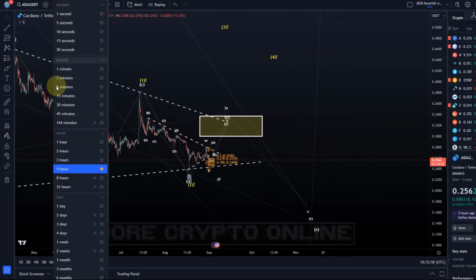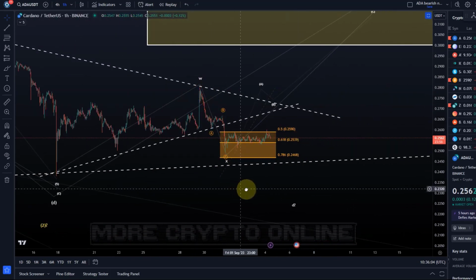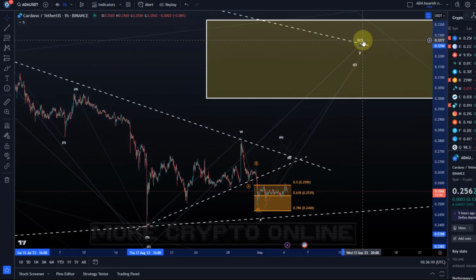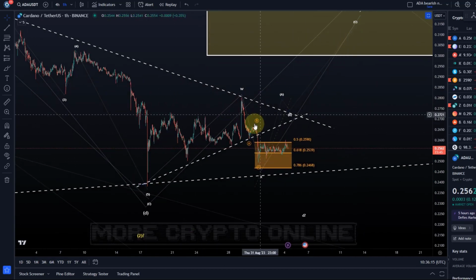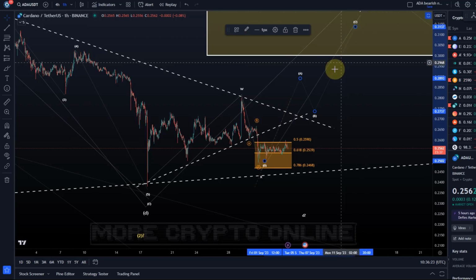Now looking at the microstructure, this hasn't changed from previous videos. So the idea is that we came down into this support area for an X wave. If this is supposed to work out as an E wave, then the subwave structure would be a WXY, a structure in which each of the subwaves is a 3-wave move. Then we would now be in the Y wave, ideally, or maybe we're still in the X wave,